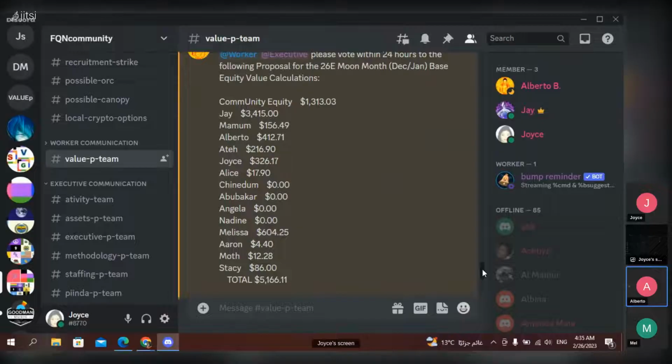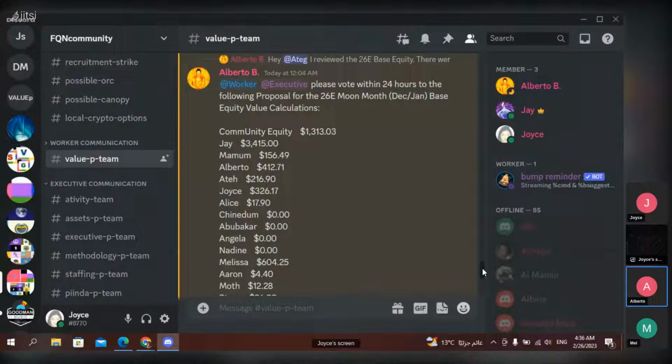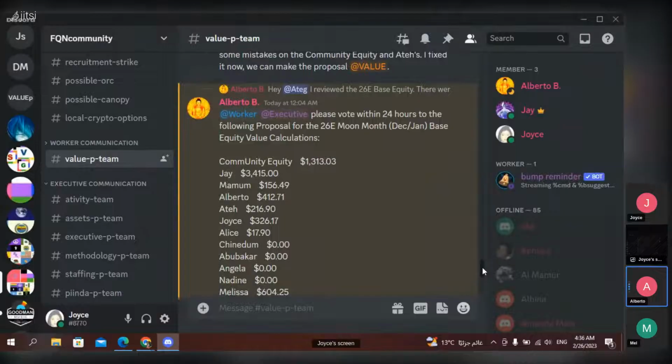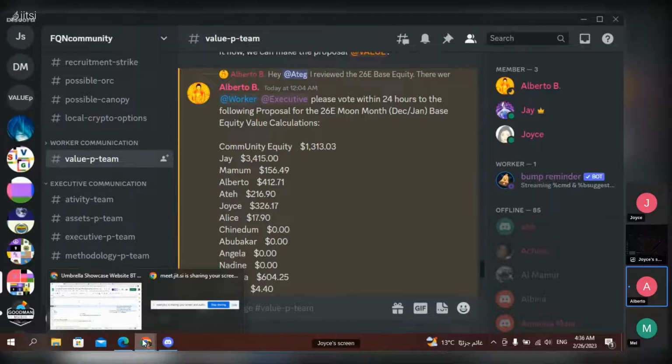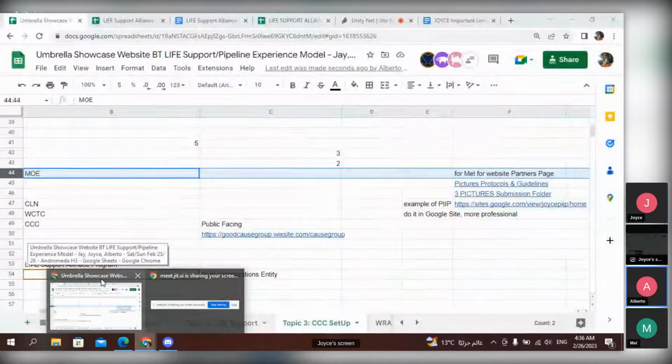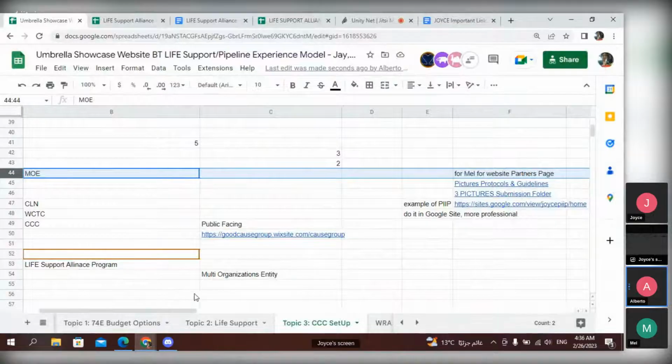So CCC is a tool, or a part of the MO, that works towards the Life Support Alliance program, the sponsorship program, and probably the umbrella crowdfunding campaigns. Most of those crowdfunding campaigns are going to be under CCC or WCC, right? So that's what I'm saying. I understand the website for CCC, but CCC is not the umbrella. The umbrella is the MO, the Life Support Alliance program, the sponsorship programs, where CCC fits in order to